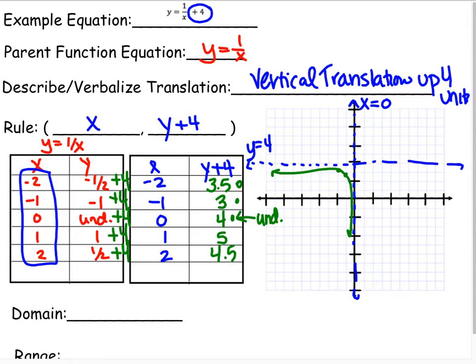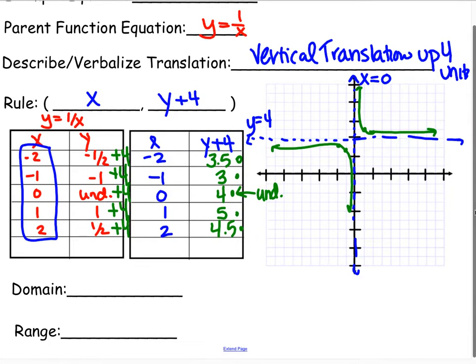All right, this one was our vertical, our horizontal asymptote, and then our next point, over 1, up 5. And then over 2, up 4.5. So there's 2 points. Now I go ahead and create our curve. All right, now our domain and range for this function. The domain is where you have your asymptote at and where that restriction occurs. So the asymptote for the vertical asymptote is x cannot be 0. So we say for this function, all reals except